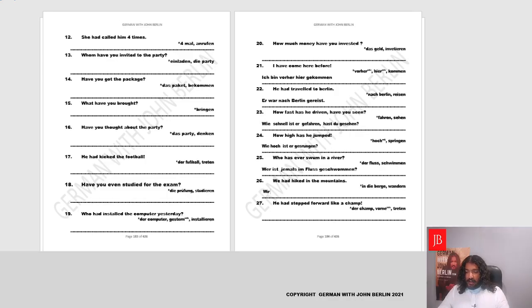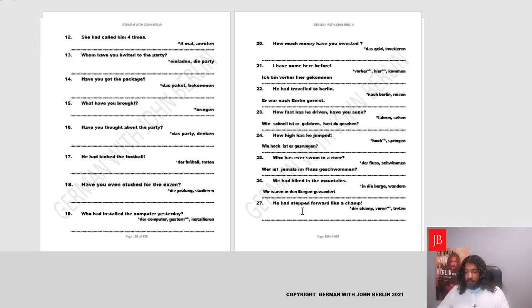We, that is wir. And the verb to hike basically has movement, so the helping verb would be sein. Tense is past tense, so it'll be waren. So we'll say wir waren in den Bergen. Then the verb is wandern. It'll be made into perfect by adding a ge. Gewandert. Perfect. Now we'll move forward and we'll say one last sentence here.